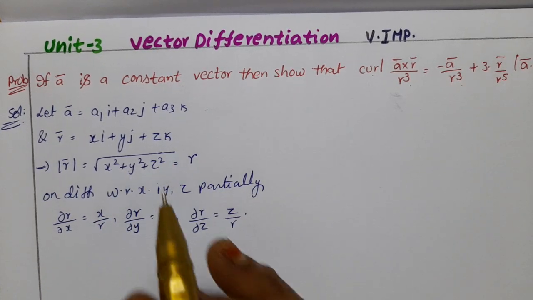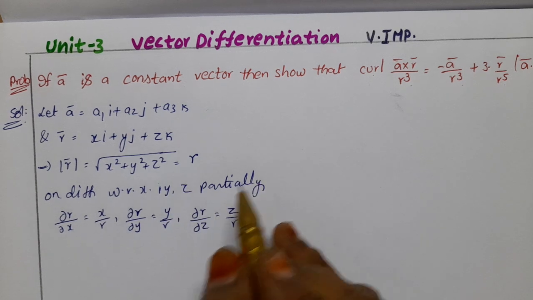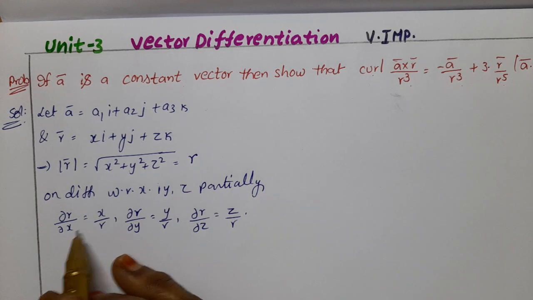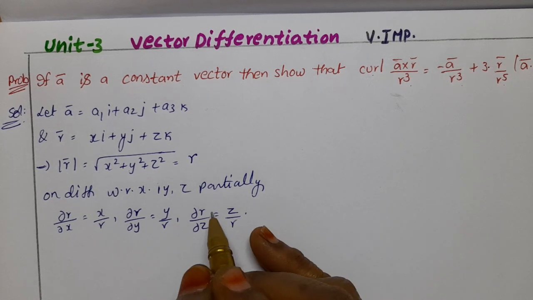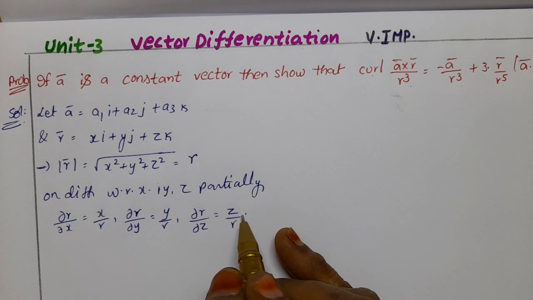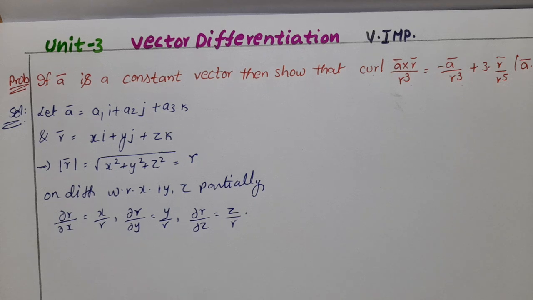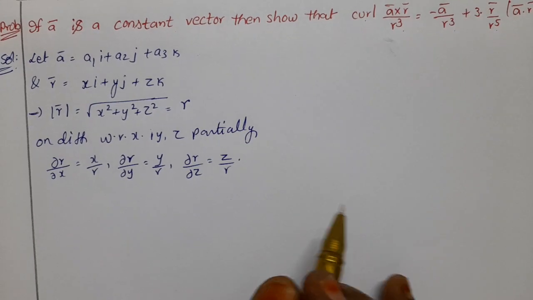Squaring on both sides and taking the partial derivative with respect to x, y, z, we get dou r by dou x equals x by r, dou r by dou y equals y by r, dou r by dou z equals z by r. Now take